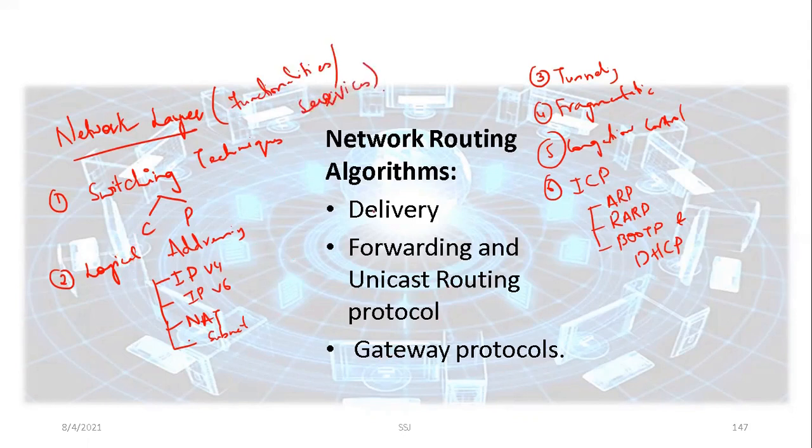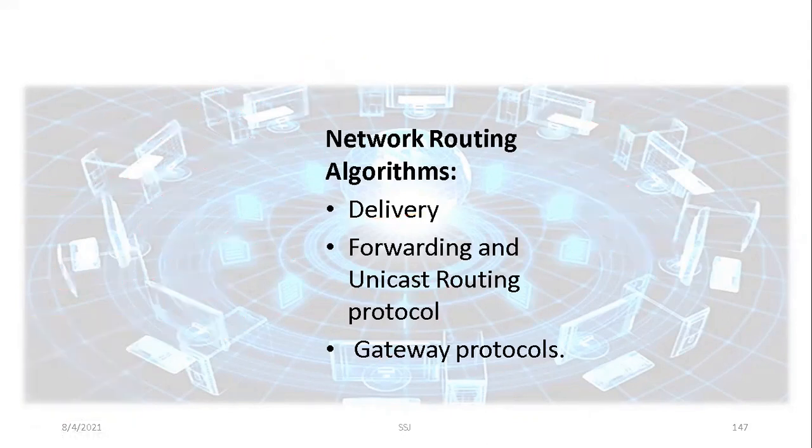So first and foremost, we will get to know the basic definition of each of these topics, and then we will proceed further. So first we have delivery. Now what do you mean by delivery? Delivery refers to the way a packet is handled by the network, which is under the control of the network layer. Basically, delivery can be said as the handling of the packet and how it reaches the destination from the given source.